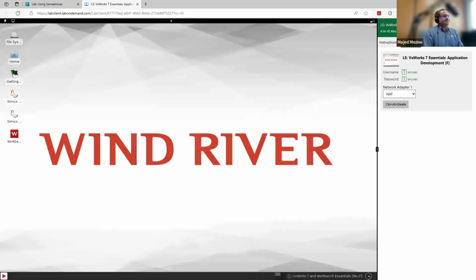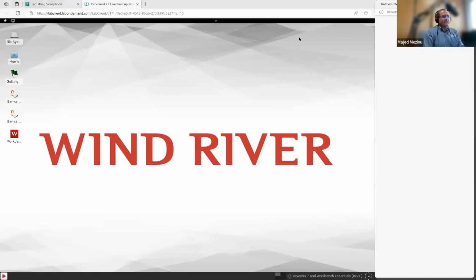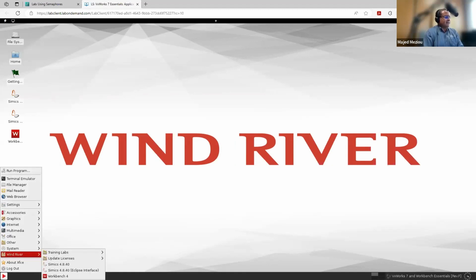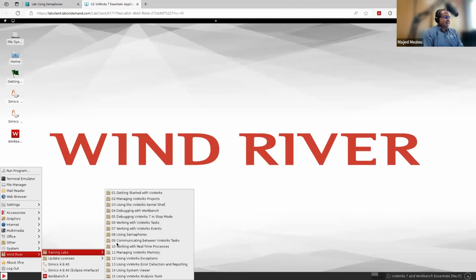So this is the lab environment of VxWorks 7 and Workbench Essentials. And this is the lab environment, and this is the control panel. Both parts can be split to form two windows. So here, this window, and I can actually display that in full screen if I want. Okay, full screen. So the lab documents are available through the application icon that is here, Wind River Training Labs,